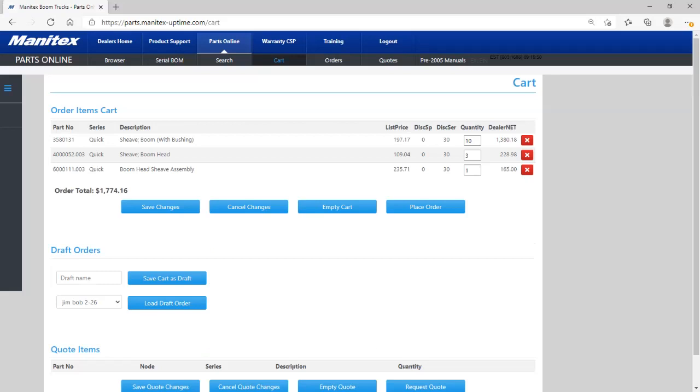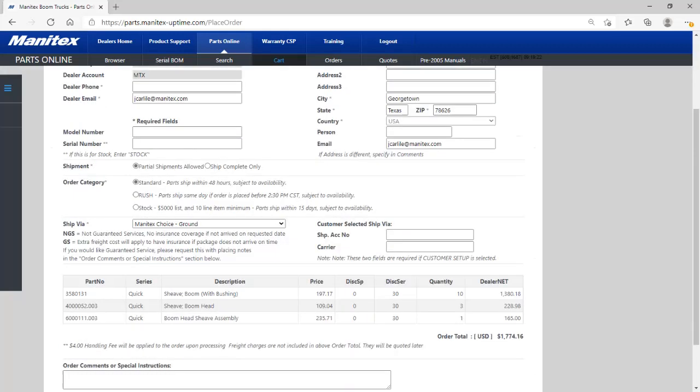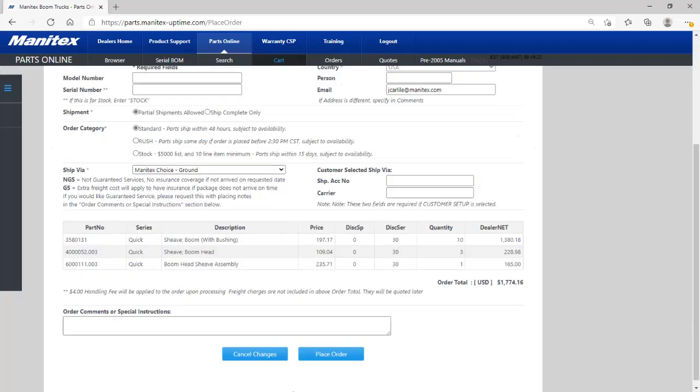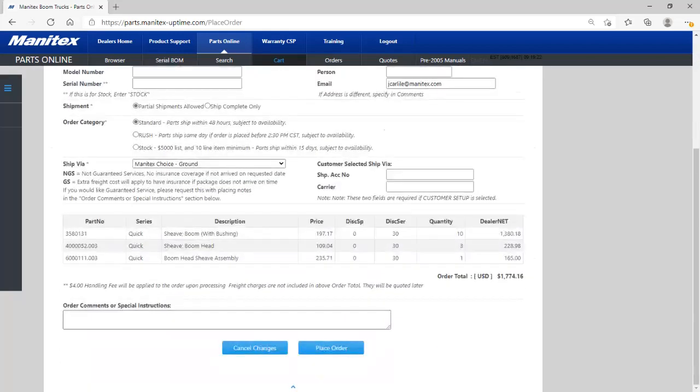After we get to this point and now you have the parts inside of your cart, you have the options to save the cart, empty the cart, change the items, or delete the items. At that point you can go ahead and push place order. Now you're entering into the process where you're actually placing the order. I like to explain that the information is from top to bottom, but I like to start at the bottom and go to the top because